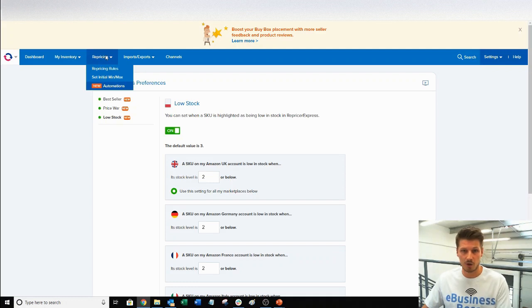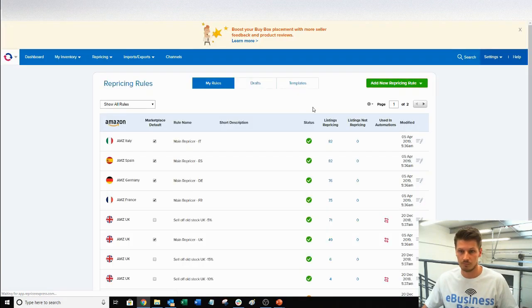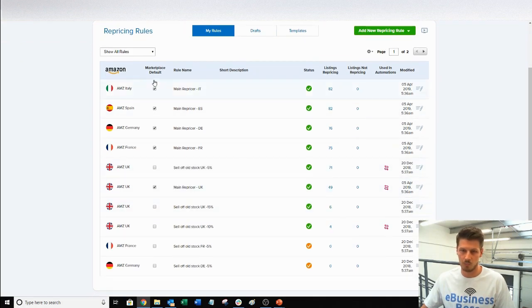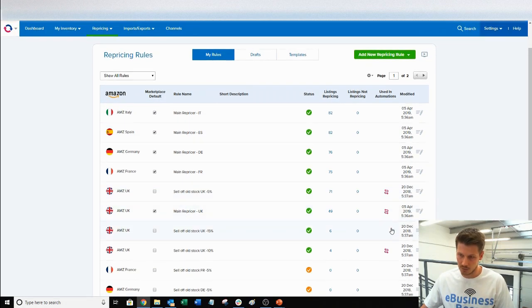Let's have a look at repricing. So let's pop into there and have a look at repricing rules. As you can see here, it shows what rules you've currently got set up in each marketplace, and which ones are currently active. This little bit here, the pink squiggly line, shows any that are working alongside automations.